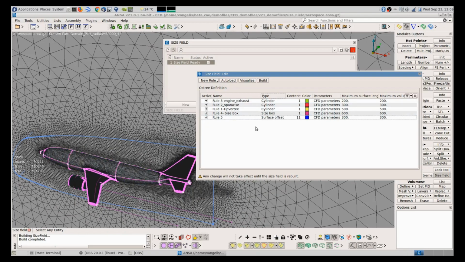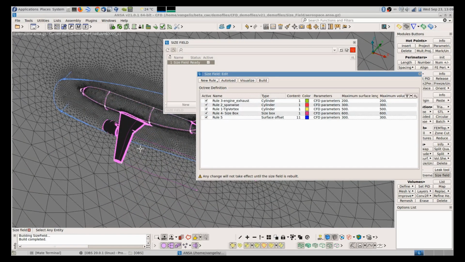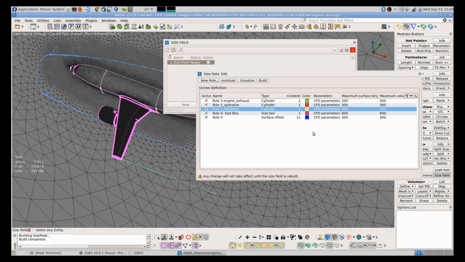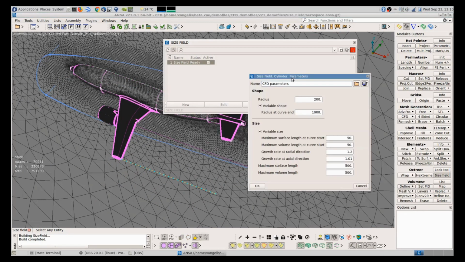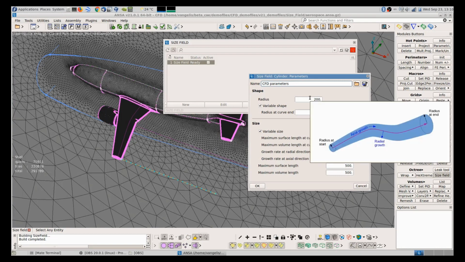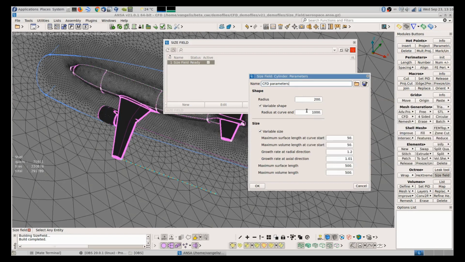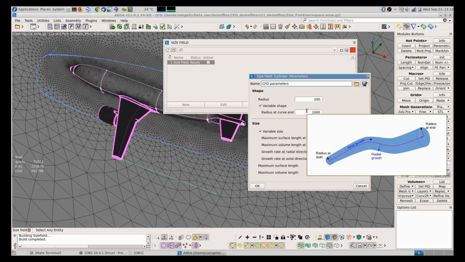Let's see the parameters of a cylindrical field. This is a bit more advanced. It doesn't contain just a maximum value. It contains a radius of influence, right? So at the start, this radius is 200, and because this is a variable shape, at the end it has a radius of 1000.